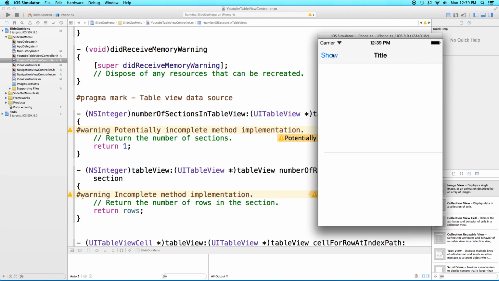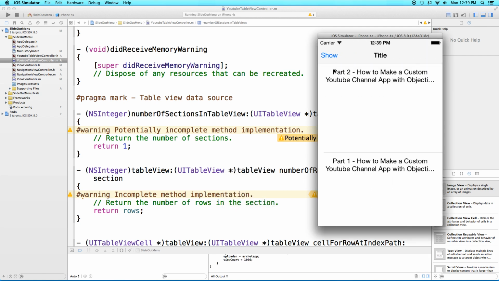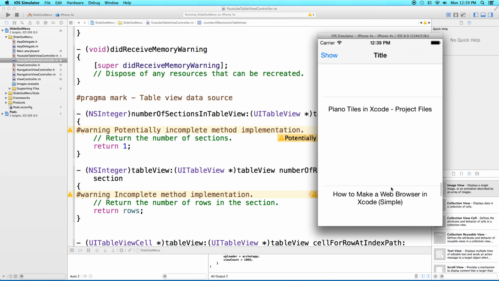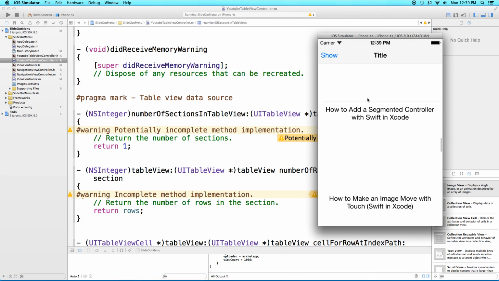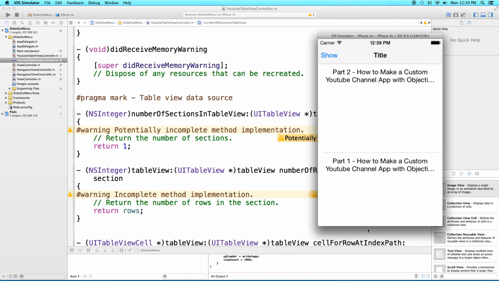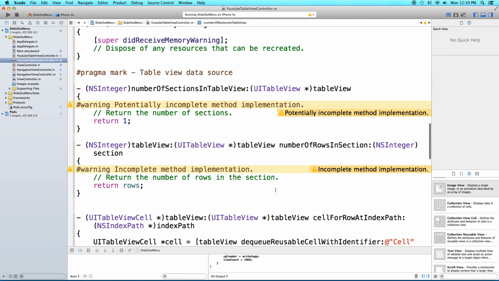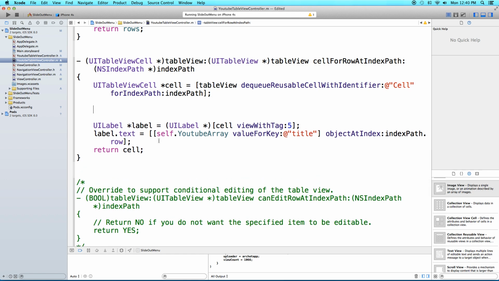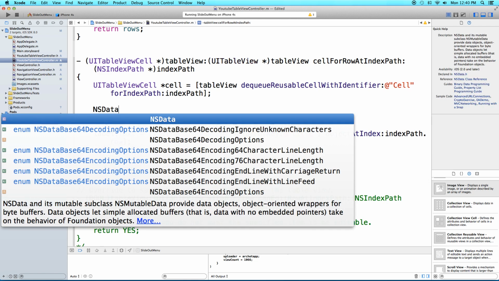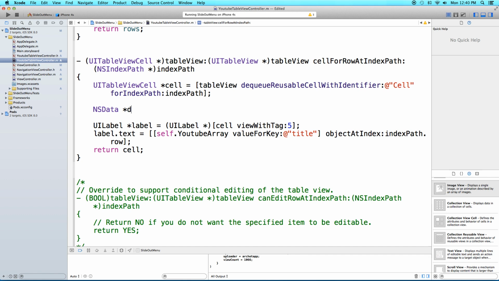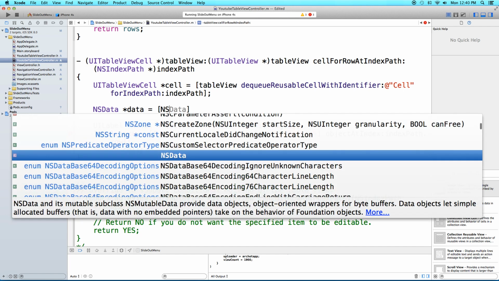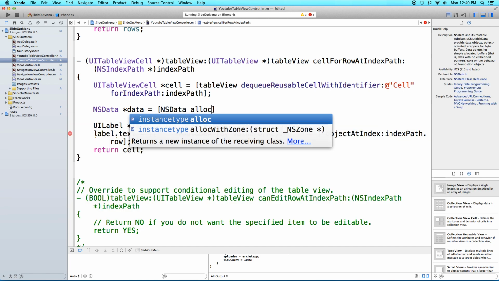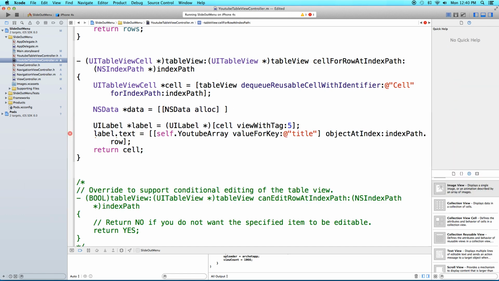Now go ahead, click show, and go to our YouTube, and as you can see, we have part 2, and we have all 25 things loading up. So now everything works, except our UIImageView. So let's go ahead and make that work. So right down here, we just want to say NSData, and we'll just call this Asterix Data. You guys can call this whatever you want. And then say open square bracket, close square bracket, NSData alloc, one more close bracket, and say init